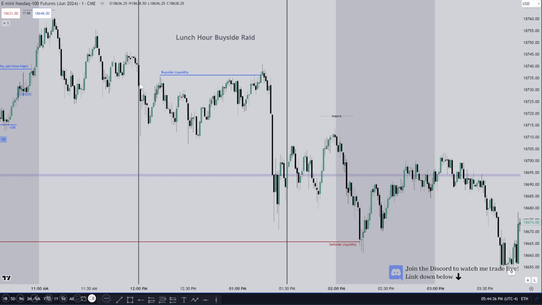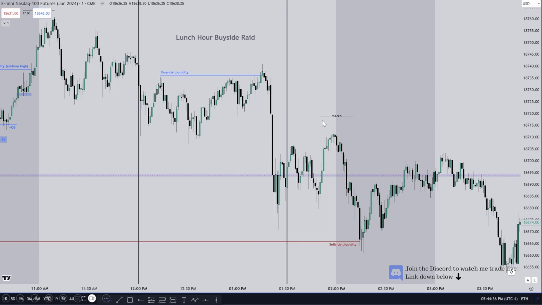All right, you don't want to short here or here. Okay, this run right here above these equal highs, this is typical, okay, during the lunch. Run the buy side, then and only then do we see a continuation to the downside. Look at the bodies respecting that new day opening gap we outlined. All right, consolidate,